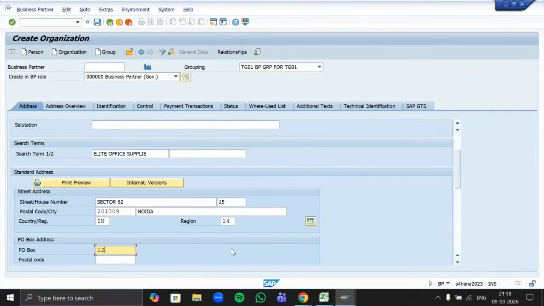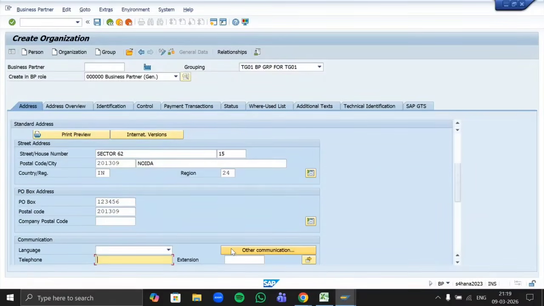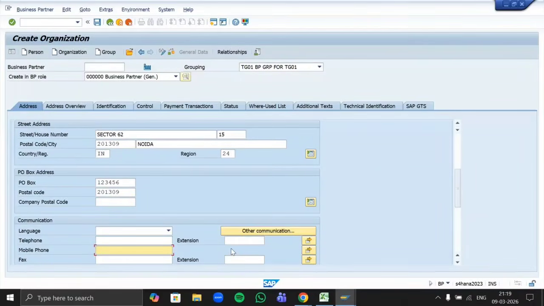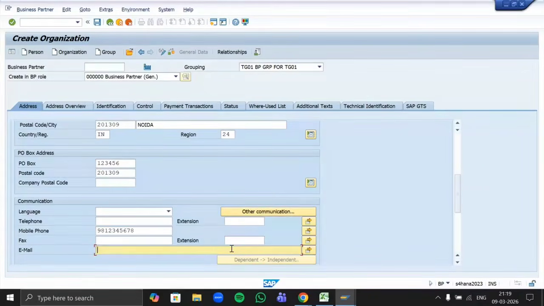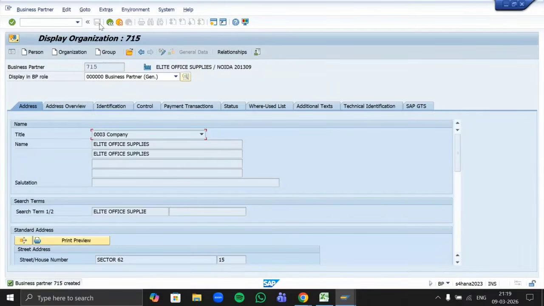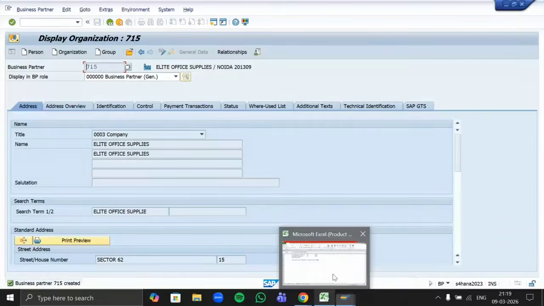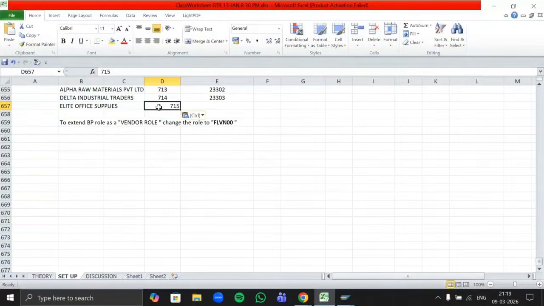PO box any random 6-digit number, postal code 201309, telephone mobile number any random number we can mention as of now. Email ID, let's say elite@gmail.com, and save this. So here general data of our business partner is maintained and the ID is also generated as 715.